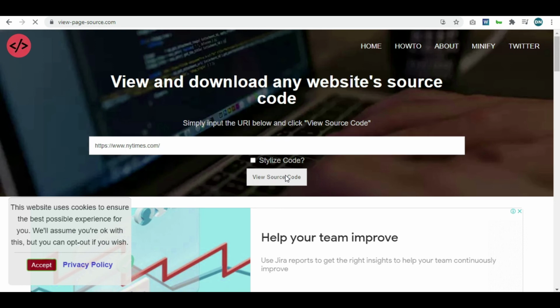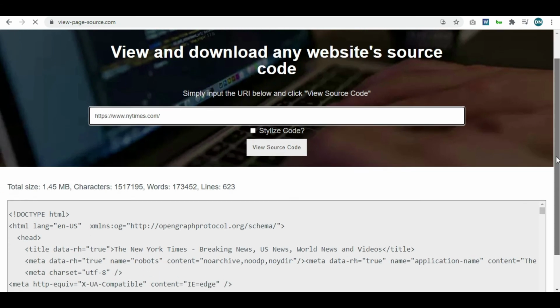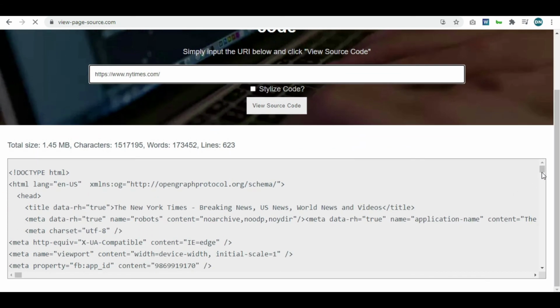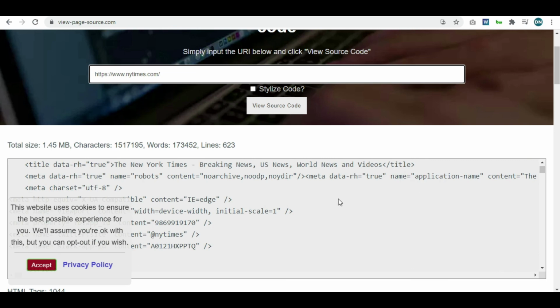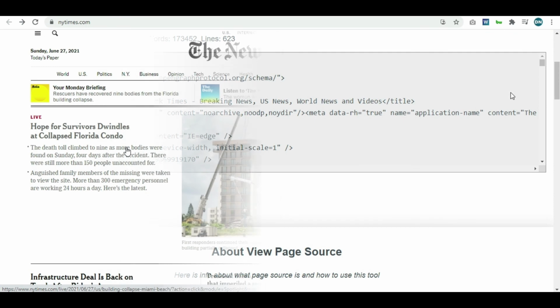And you click on this view source button, and if you are an SEO executive, it will be really helpful for you to check titles and meta information of your competition, because it has almost all the information like this. So you can simply copy this and edit it if you need it in your projects.